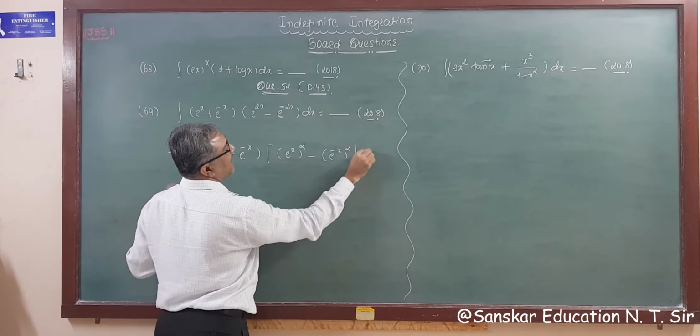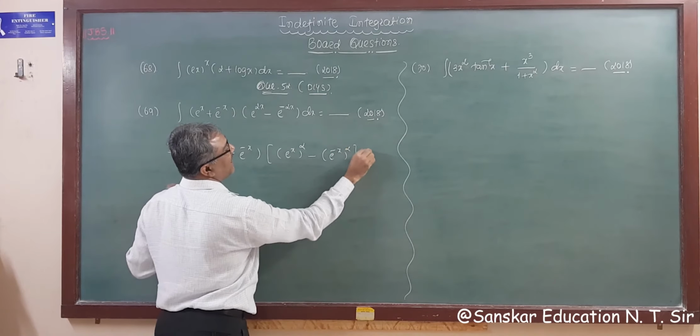So by the formula, f(x) raised to n plus 1, one power more, that is 3. So the answer will be e raised to x plus e raised to minus x, whole power one more, divided by 3 plus c. That is the proper answer, option number D, right? So option D is your proper answer.